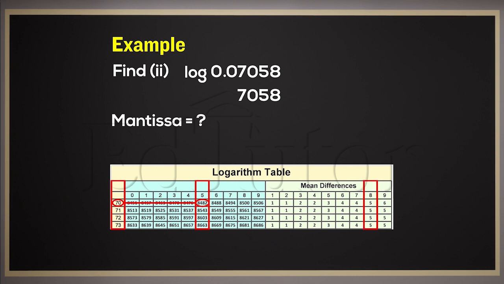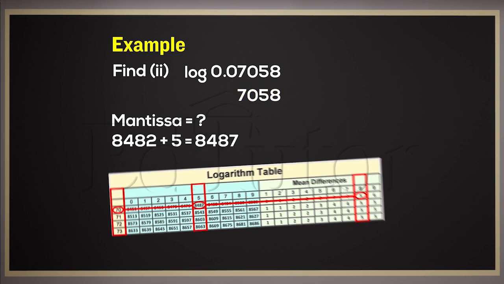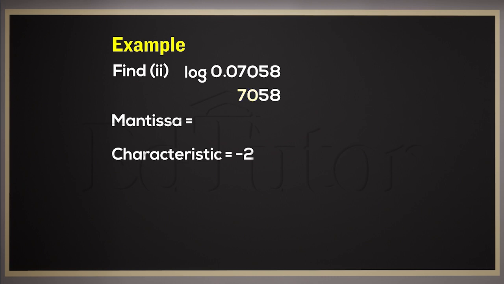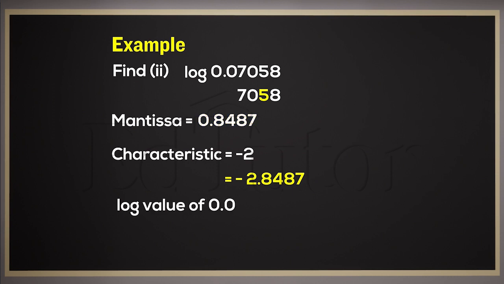Lastly, locate column 8 in the third part of the table. The intersection of 70 and column 8 gives us this number. Adding these two, we get 8,487. Our mantissa simply becomes 0.8487. Now, finally, combining the characteristic and mantissa together, we get the log value of